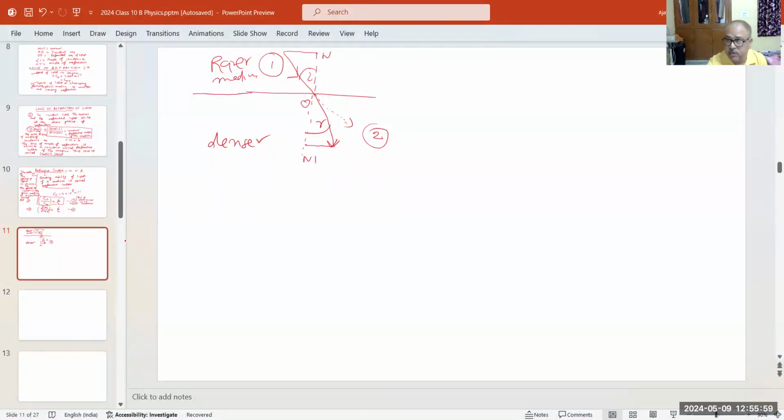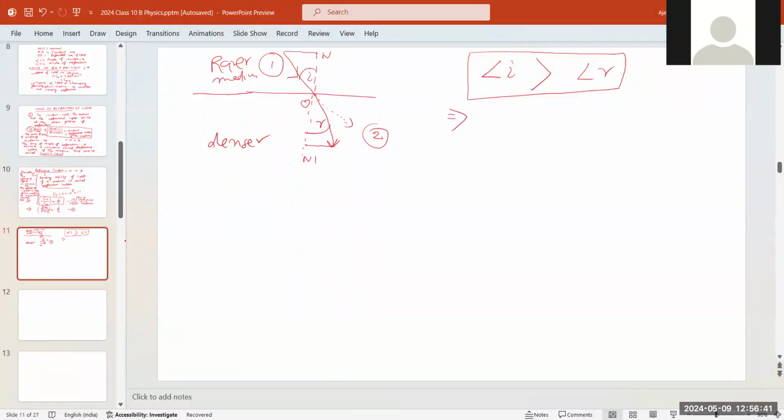So which one is greater and which one is smaller? If you are saying I and you are saying R, if I is greater, how to decide in which direction the ray of light is going? इससे डिसाइड करना है. मान लो असर्शन रीजन में केस स्टडी में क्वेश्चन ऑब्जेक्टिव आ गया और उसमें दिया हुआ है इफ एंगल ऑफ इंसिडेंस इज ग्रेटर देन एंगल ऑफ रिफ्रैक्शन, इन विच डायरेक्शन द रे ऑफ लाइट इज गोइंग. क्या बताएंगे आप? डेंसर टू रेयर सर. लाइट इज गोइंग फ्रॉम डेंसर टू रेयर. हाँ सर. नहीं, यही रॉन्ग हो जाएगा, उल्टा हो जाएगा. आई इज द एंगल